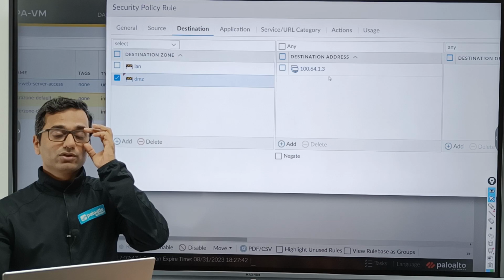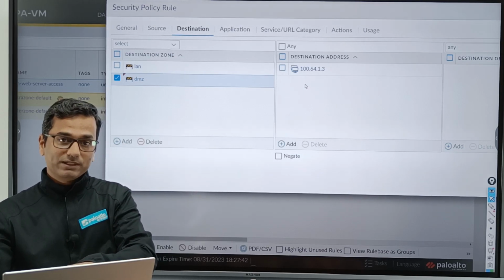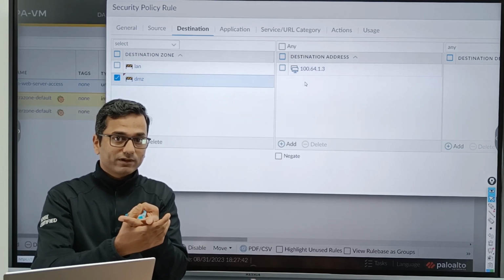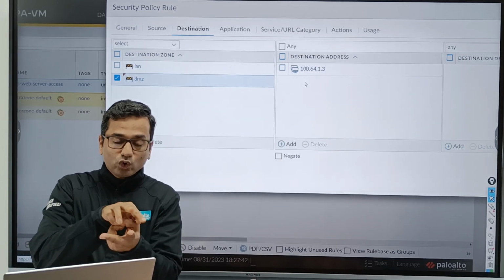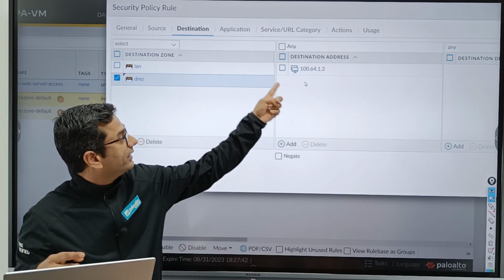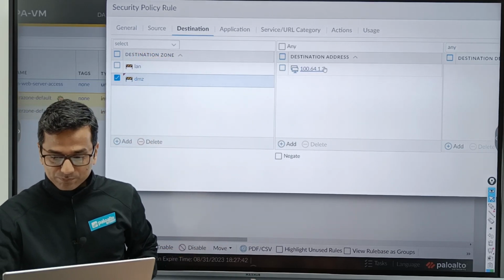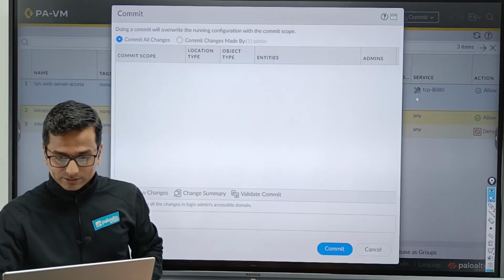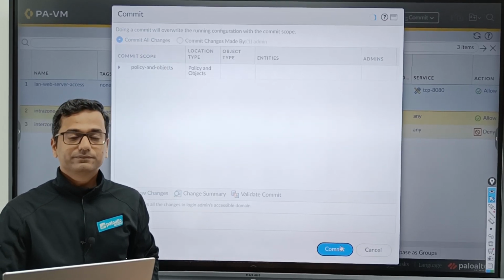Why? Because the pre-NAT IP is the public one, and this is the post-NAT zone. So in that address group we have IP addresses from different zones. That is the reason I have added LAN and DMZ. Okay, perfect.